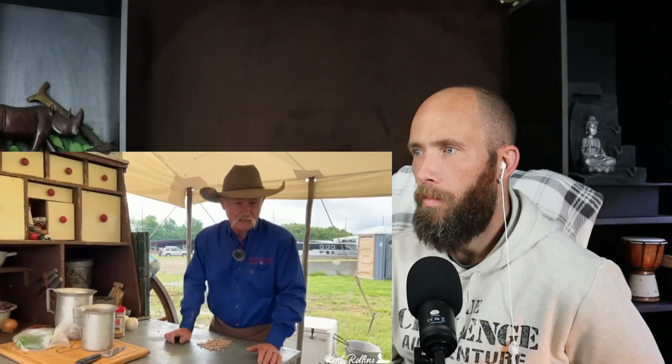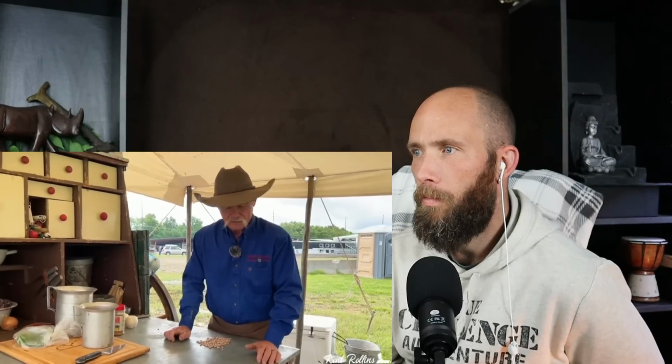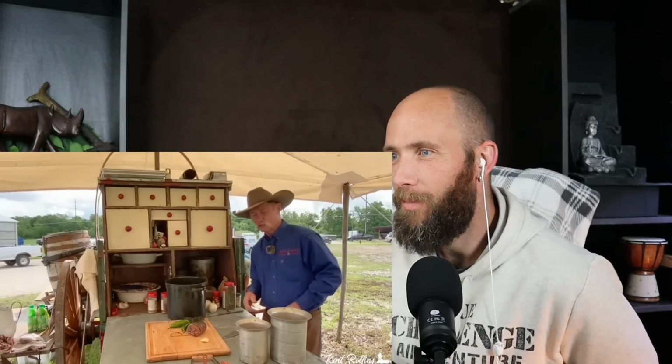Grandma said leave the rocks in there, they'll float to the bottom, and if you get them, it's good for your gizzard. So now, traditionally when I make them, I'm just usually using